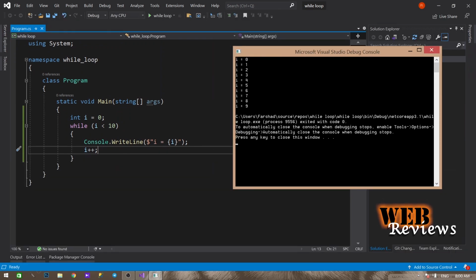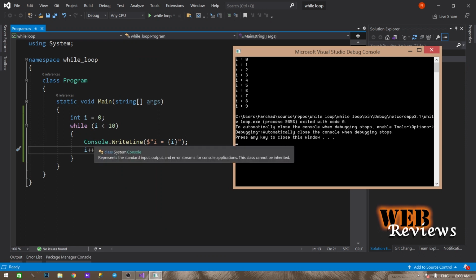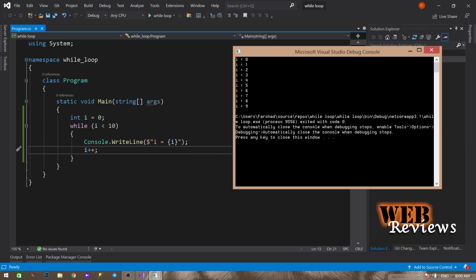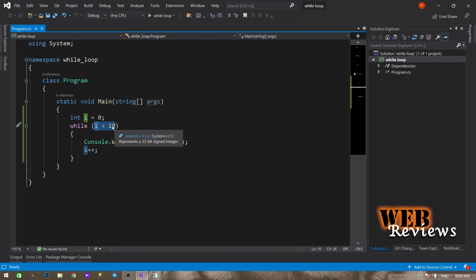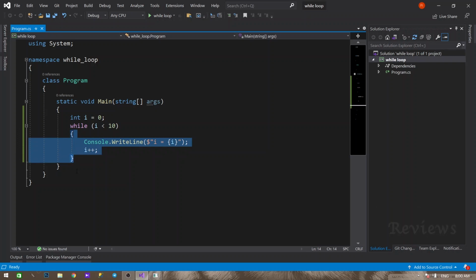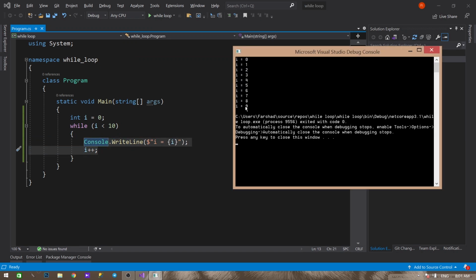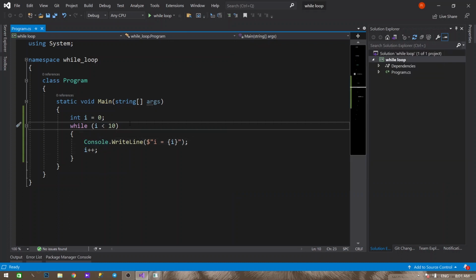Okay, so what happened here? We went through the loop, I is 0, and we printed the 0, I was added by 1, and still our condition is true, so we go through the body of the loop again. This is the body of the loop, and I is added 2, 3, 4, 5, and when I is 10, the loop doesn't run anymore. Okay, so we finish by 9. If I change this line to I smaller or equal to 10, one more number will be added to the